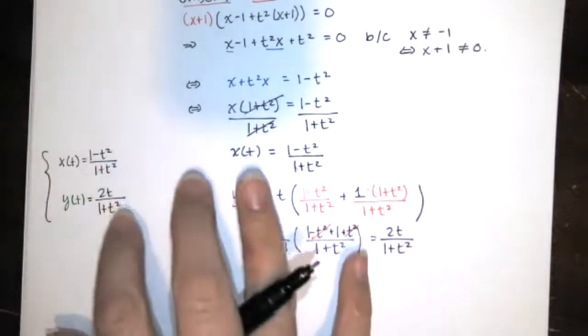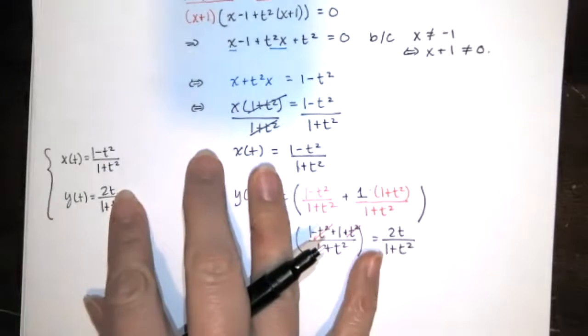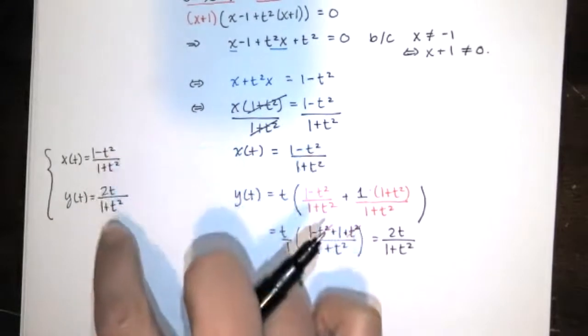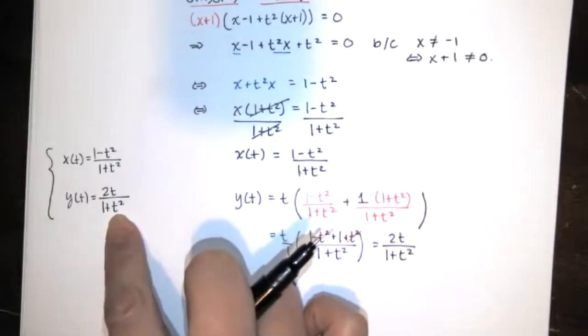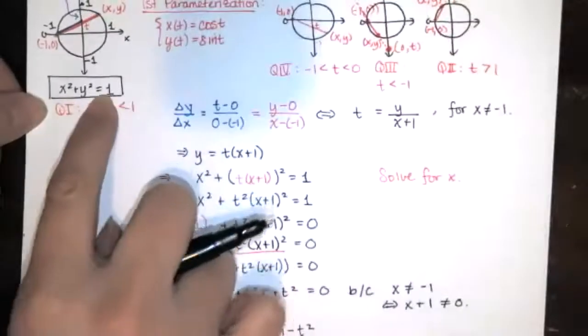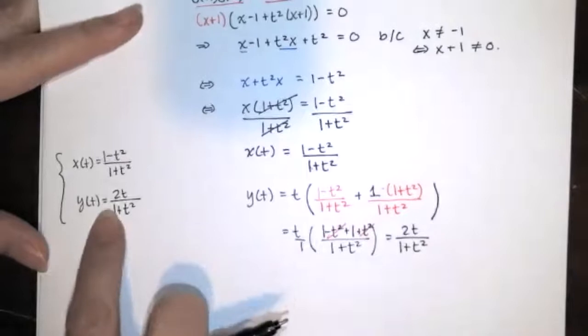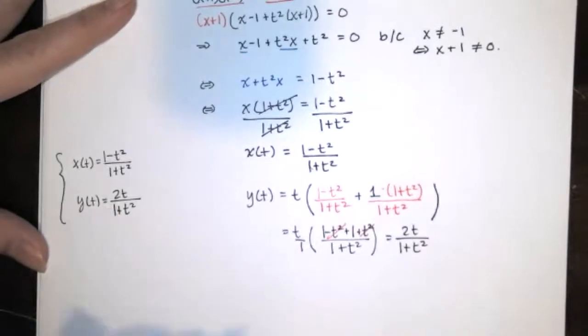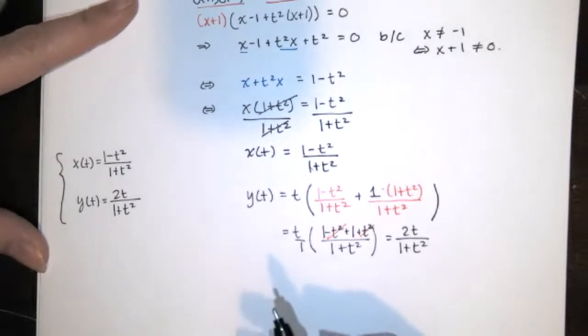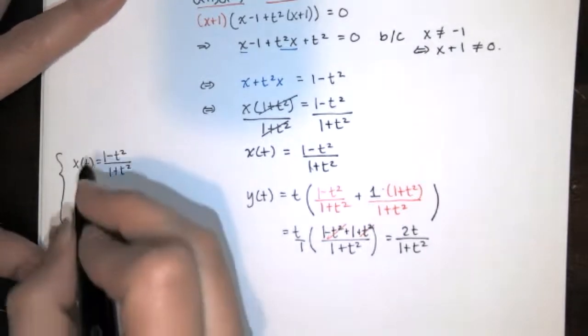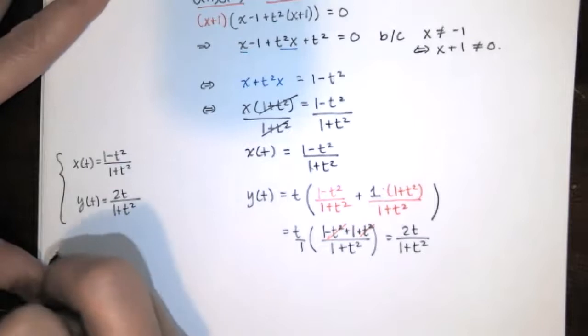And I'm not going to prove it to you. I think I proved it to you in a different video. But if I take the x and I square it, and I take the y and I square it, and I add them together, I claim that I get 1. So all of the points that satisfy these two equations at the same time also satisfy the equation of that affine variety. So remember, this corresponds, that curve,